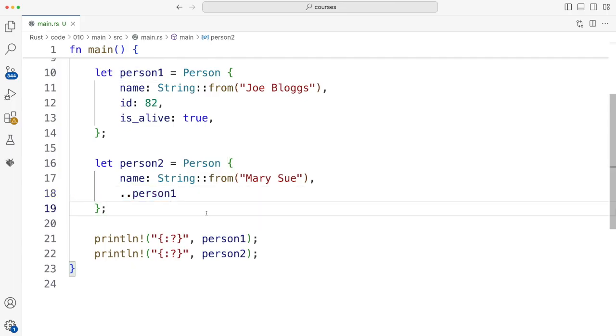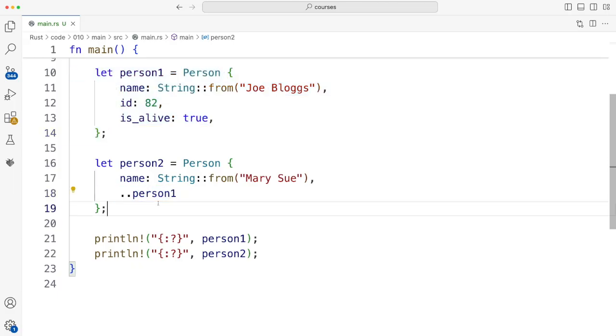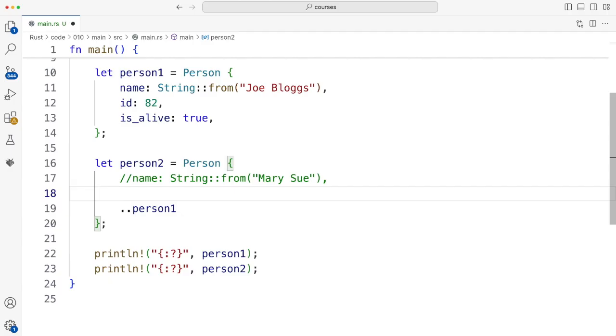Now I thought the struct documentation said that this one would no longer be valid after we had done this, because this is going to move stuff, but here it seems fine. On the other hand, these are both copyable fields. They're fields that would allocate data on the stack, and I wonder what would happen if we simply overrode these instead of this. Let's try commenting this out, and here I'm going to write id: 93, and let's see if this works.